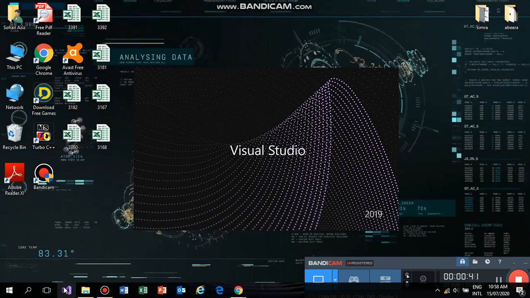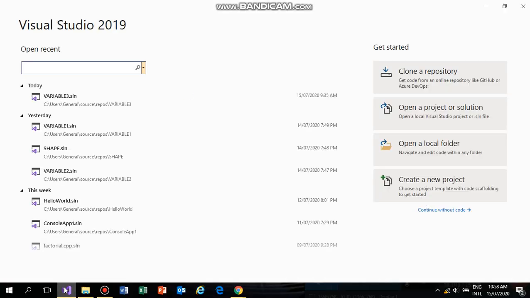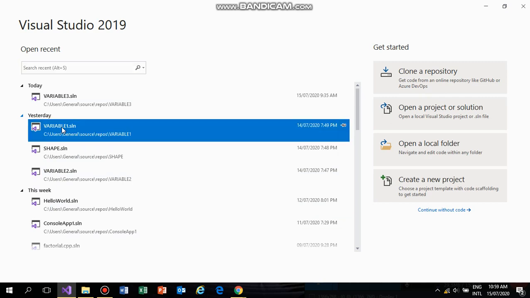The .NET framework is the framework that provides the programming guidelines that can be used to develop a wide range of applications, from web to mobile to Windows based applications. The .NET framework can work with several programming languages such as C Sharp, VB.NET and C++. So here I'm going to tell you about a program I saved with the name variable1 file.